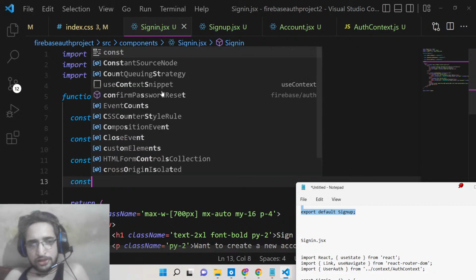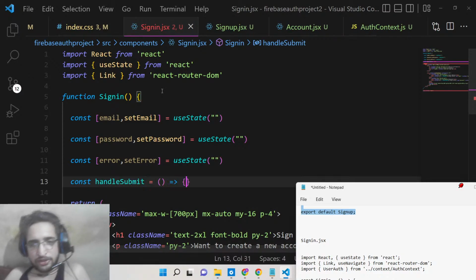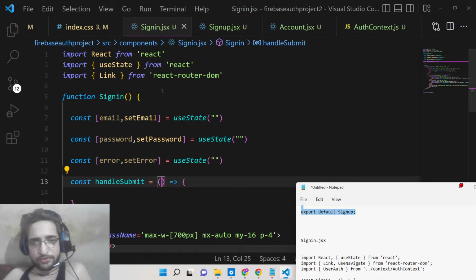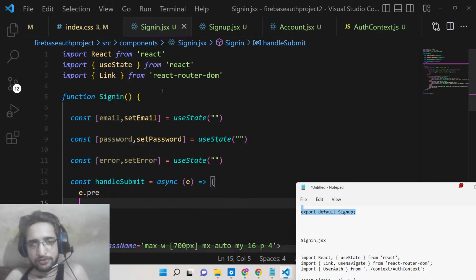And also we will now define the handleSubmit, guys, which is a callback function. This will again be an async function, and it will contain this event object. So first of all, we will prevent the auto submission of the form,